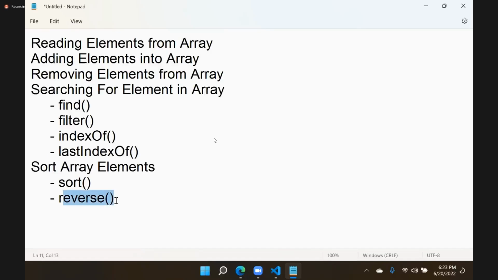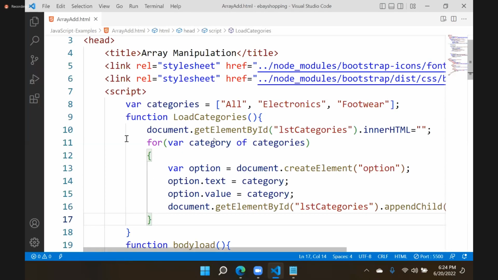Reverse is not descending order. Reverse is the reverse order of how they are arranged. That means how they are stored, it will store in reverse order. For example, see, I am defining here